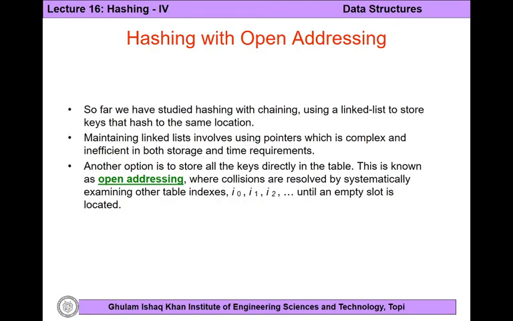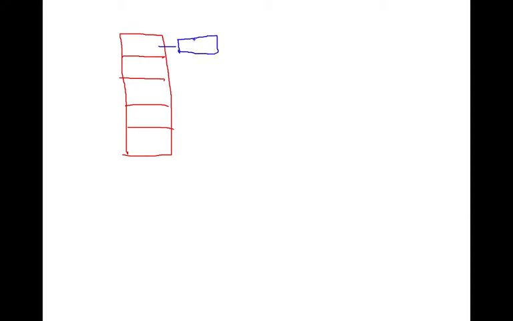So as was the case with chaining, where instead of saving the actual values or keys within the hash table, what we did is that we created a node in front of the cell on which the key was mapped, and we saved the key in that particular node. And in case of collision, we had the flexibility to extend the list from one node to 2 or 3 or 4 nodes, and we made sort of a chain or linked list in case of chaining.